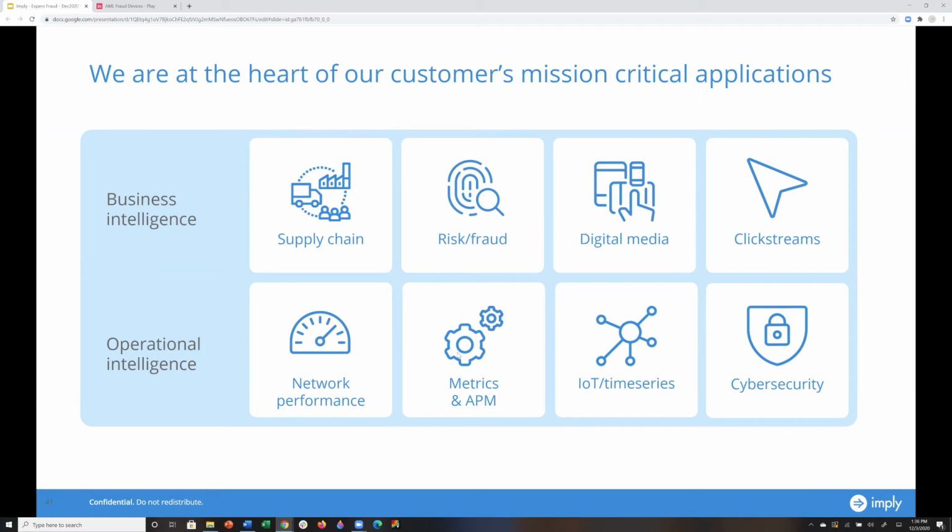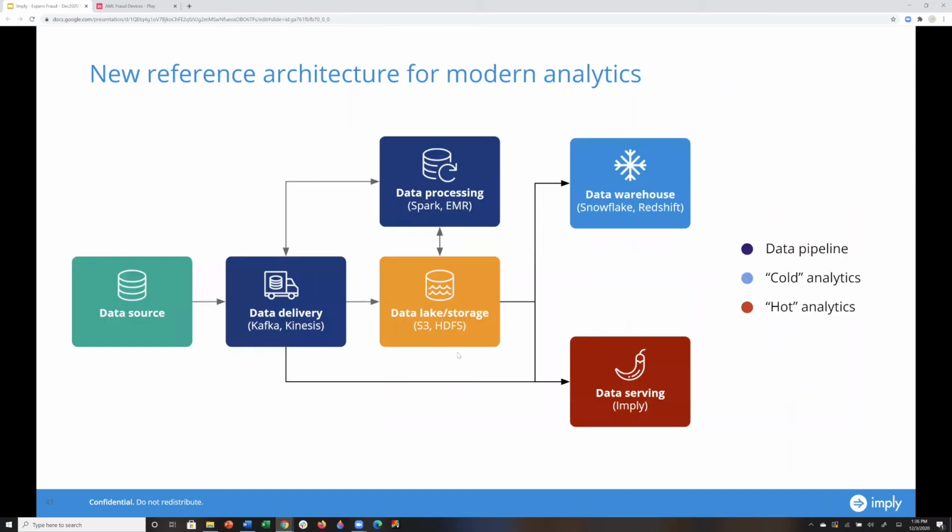And these applications are actually mission critical, which either affects the bottom line or have an impact on how an organization actually does business, especially when they are bounded by financial regulators. And so our focus today is on risk and fraud, which we will talk about in the succeeding slides. And that's one of the areas that we have a customer have used us for anti-money laundering use case.